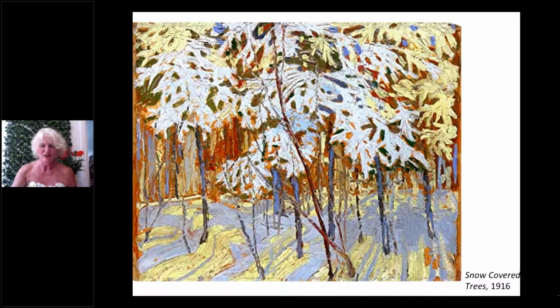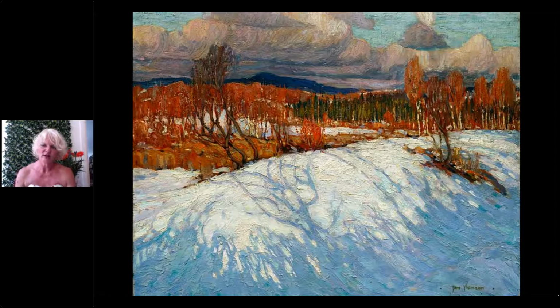Probably my favorite of all of his winter scenes is this one. And I always just want to stop and pause at the sheer beauty of this. If you've never gone snowshoeing in Algonquin Park or in other places around trees like this, it's a phenomenal experience. And the white, and it is blue. There's this strange reflection of the sky on snow, on a pure white patch of snow, that Thomson captures so evocatively in this particular painting.